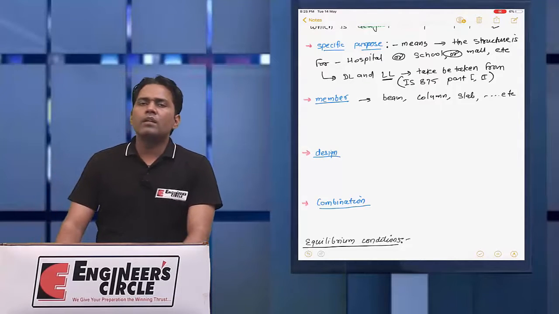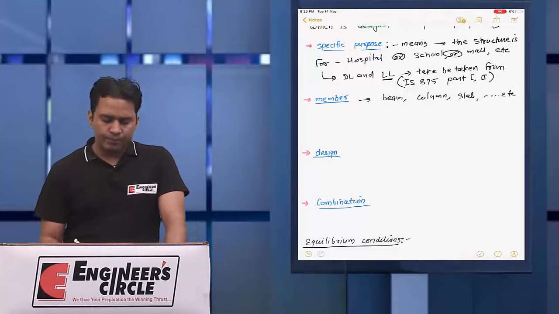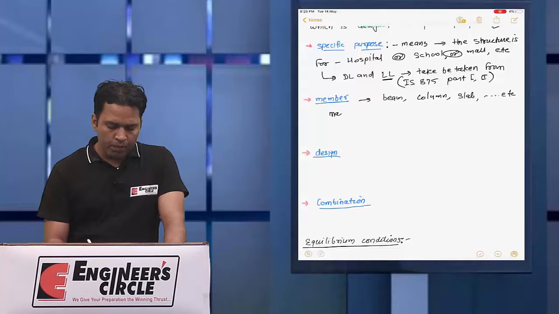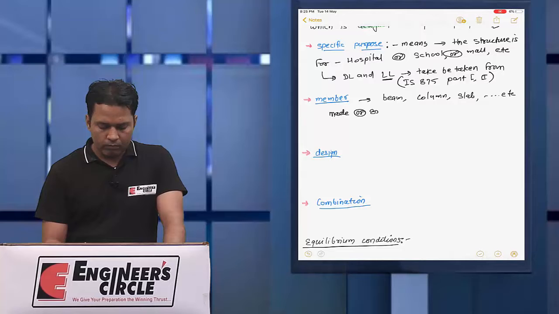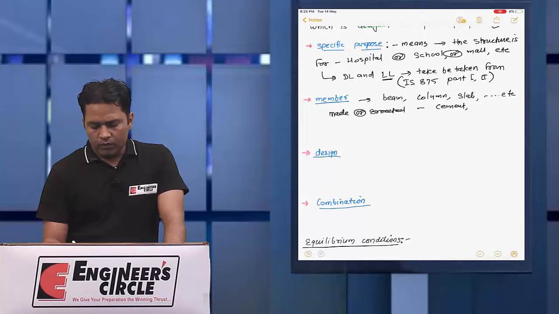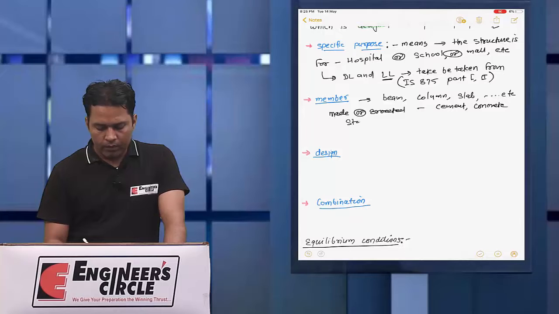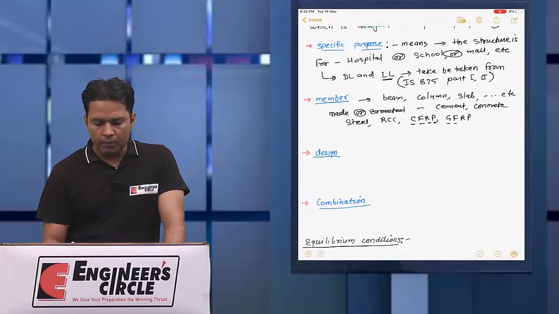That component may be made, constructed or erected with cement, concrete, steel, RCC. If you talk about the new materials, then CFRP, GFRP, carbon fiber reinforced polymer, glass fiber reinforced polymer, or cold form steel.